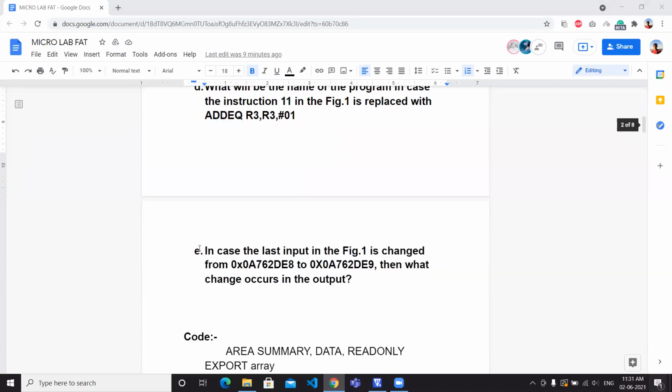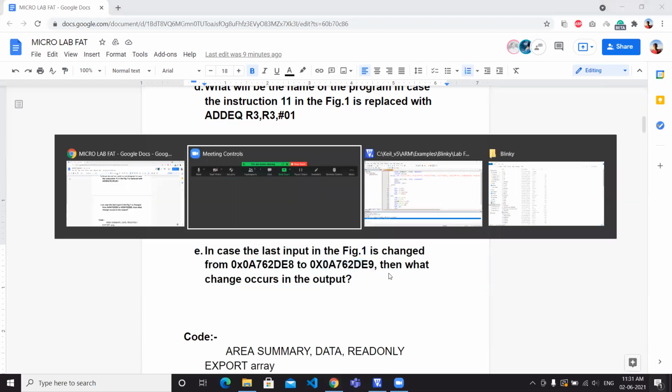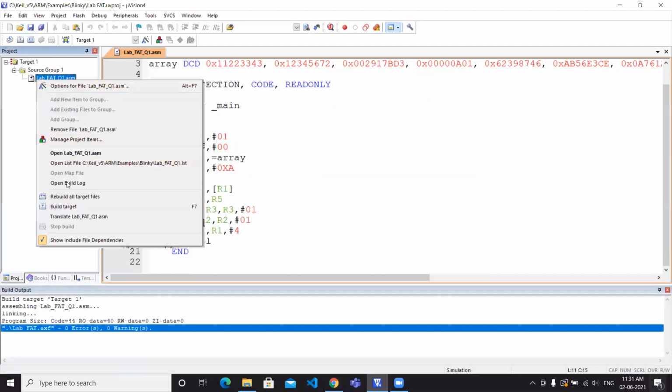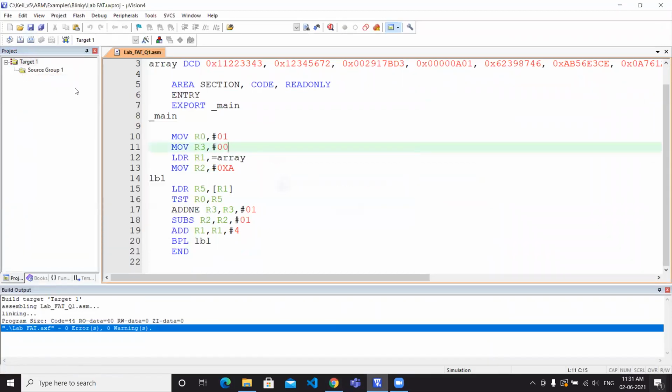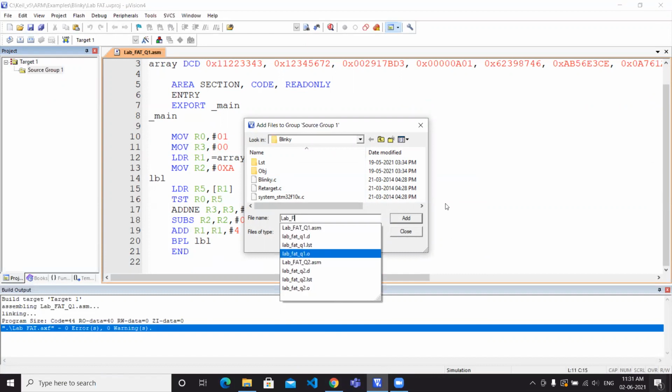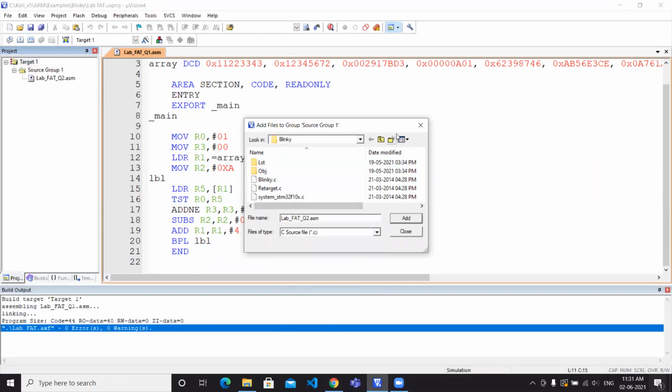For the fifth question, we have to change our last element to this value. We have to remove this file and go again. We already created this file.